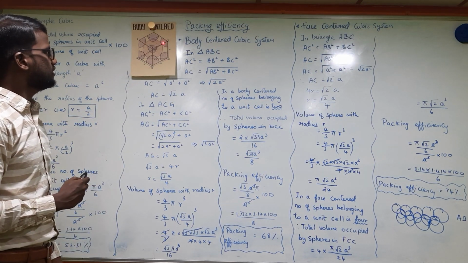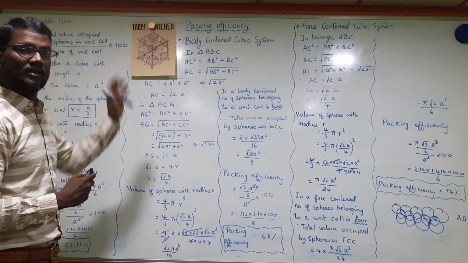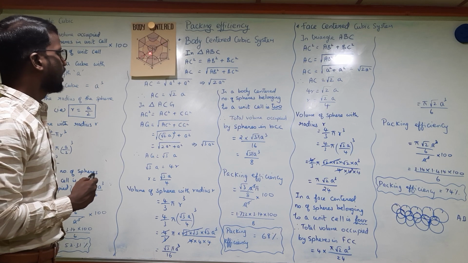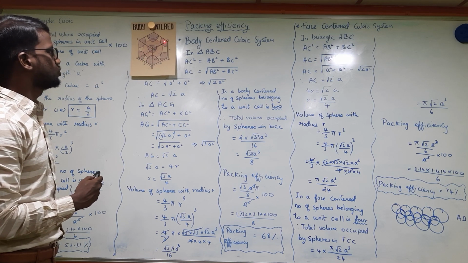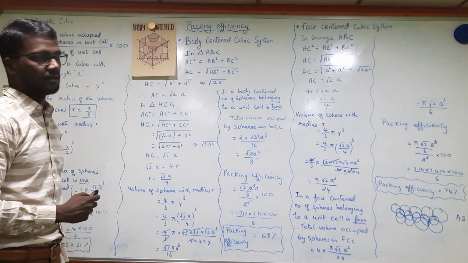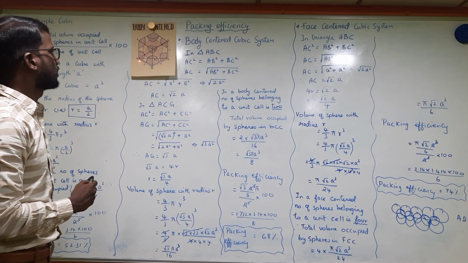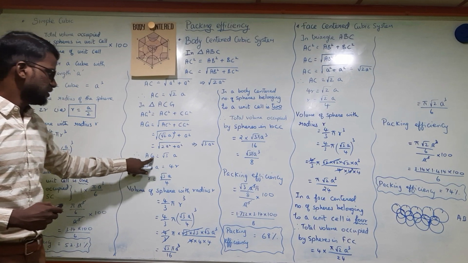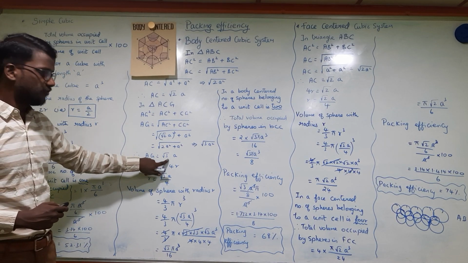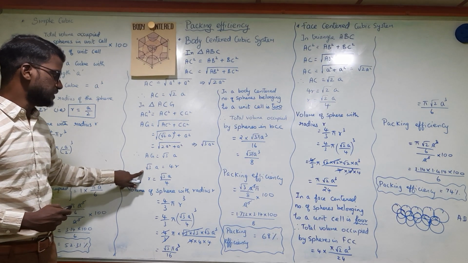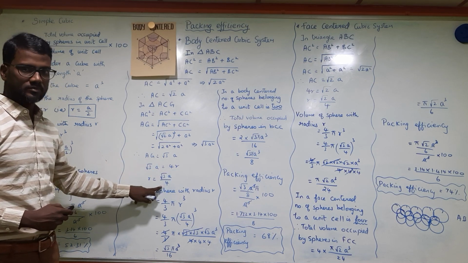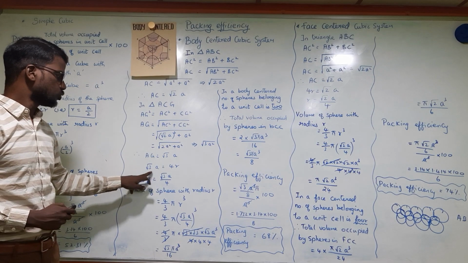And what about this length? That is also going to be the radius of the next atom. So the total length is going to be 4r: r plus 2r plus r gives you 4r. So AG is nothing but 4r. Already we have the value for AG as root 3a. You are going to equate this equation, and from this you can find what is r. Okay, so r is equal to root 3a by 4.